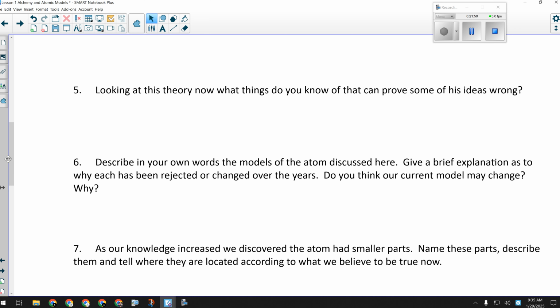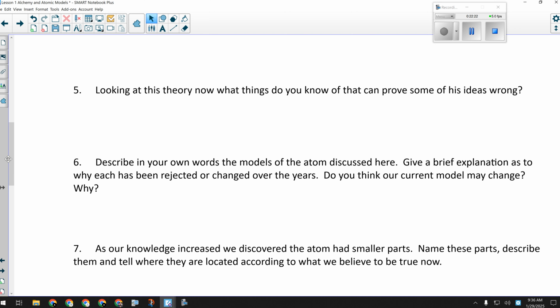Rejected because we discovered. What discovery led to the rejection of the solid sphere? There was like an X-ray and you couldn't see the atoms, so it would be big enough to be like a sphere. Partially, but we actually discovered a particle that led us to reject it. Electrons? Right, when we discovered electrons, it was found that the solid sphere doesn't explain differently charged particles. So we came up with, the next one was?